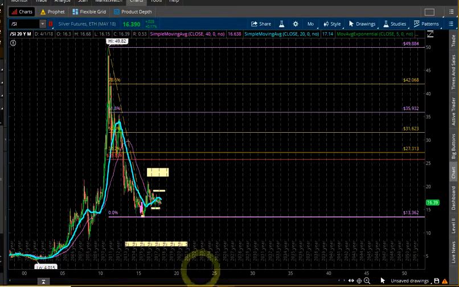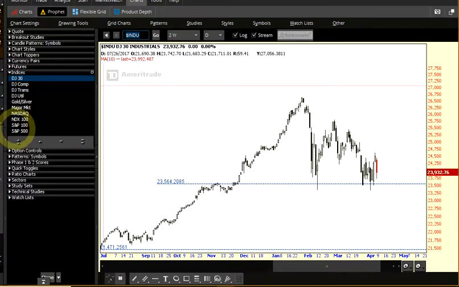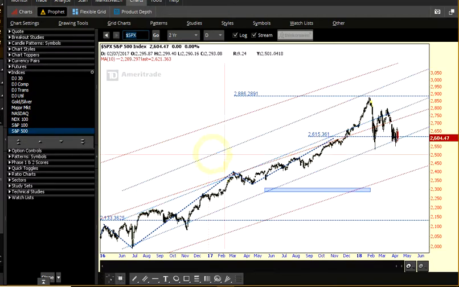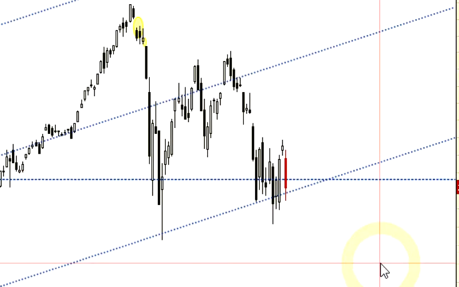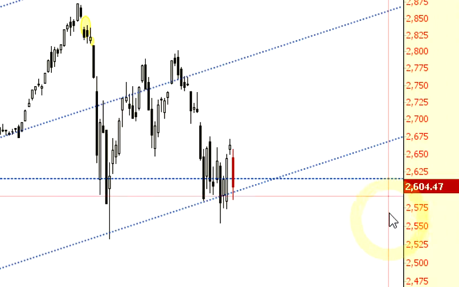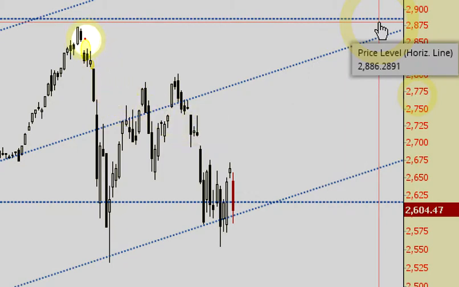Let's go back and talk. Let's go back to we haven't really even talked about the S&P 500 yet. Let's put that on the chart and zoom in, do some drawing, and talk about what we're likely to see in the market here. So right here's what Elliott wave says. Once you have 5 waves in the direction of the trend,